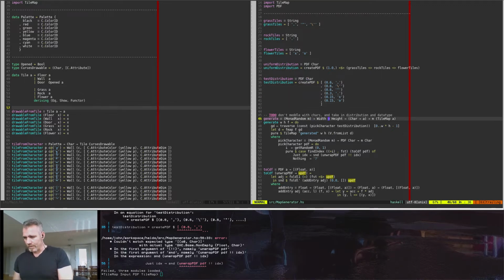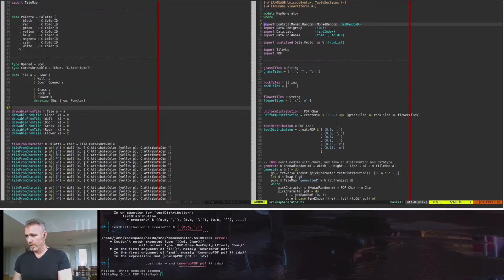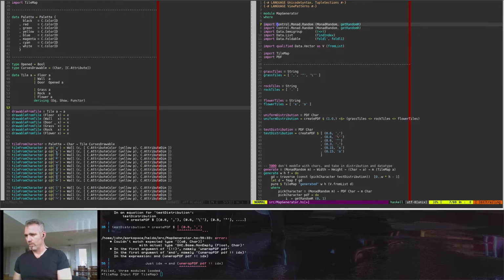And this thing, rather than taking a function that converts a character into an element, it's just going to take a distribution that works with elements, right? But before we do that, let's fix it. So unwrap our PDF and then find an index, and this probably doesn't work because it wants a list. We don't have a list, so port prelude hide this operator,